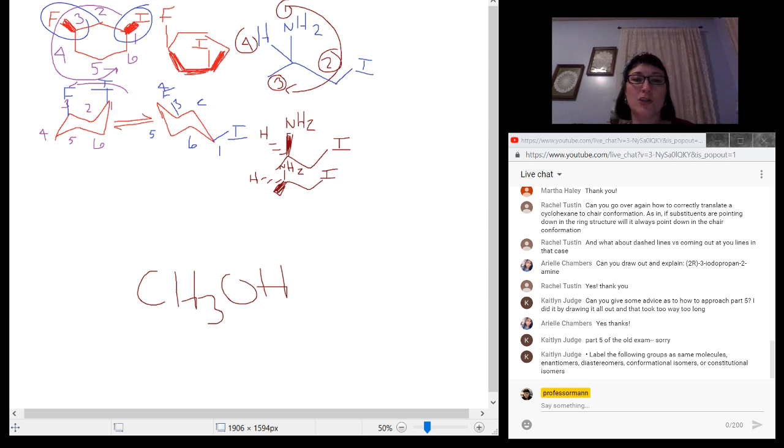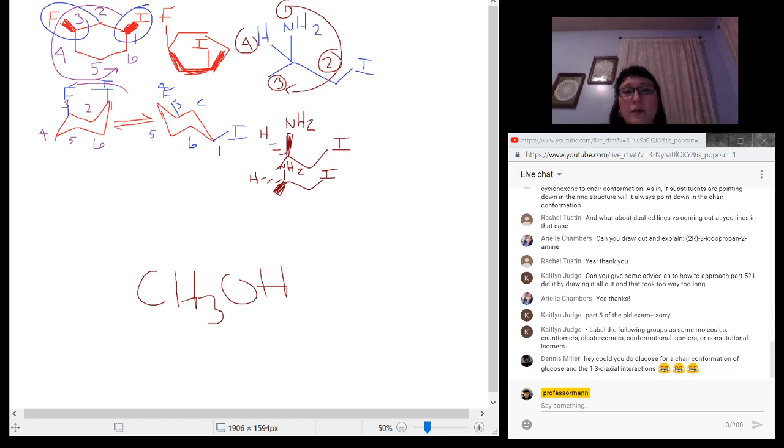Propan-2-ol and propan-1-ol, well, those are constitutional isomers. They don't have the same structure. They don't have the same connectivity, right? We learned those on the last exam. So that should be very, very fast. A meso compound, by definition, is its own molecule, and it's achiral because of internal symmetry. So that one should be easy as well.